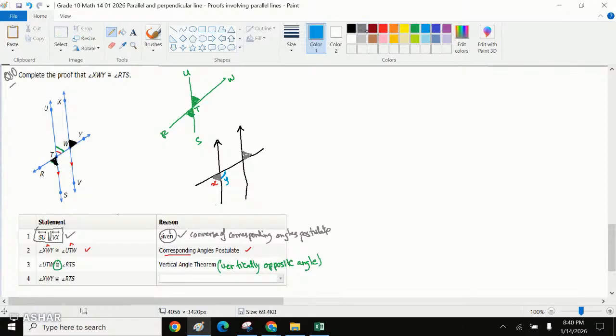Or can I say, if this is Y, then this angle should be X, because the sum of these two angles is also 180, right? So whenever we have angles forming 180, and they are on separate parallel lines, right? So they are known as transitive property of